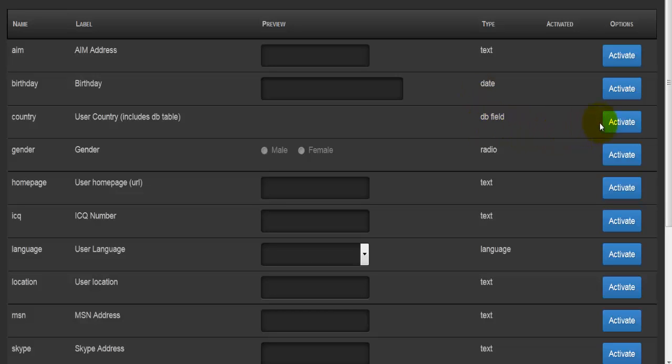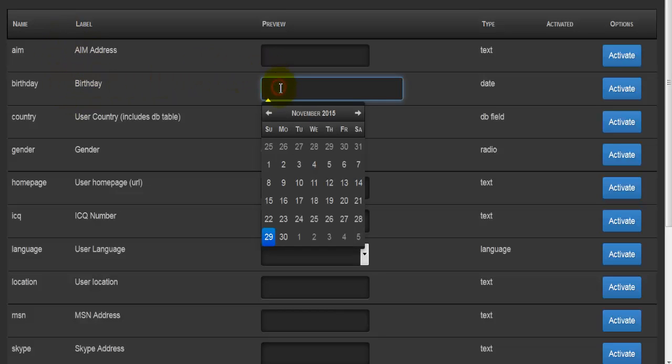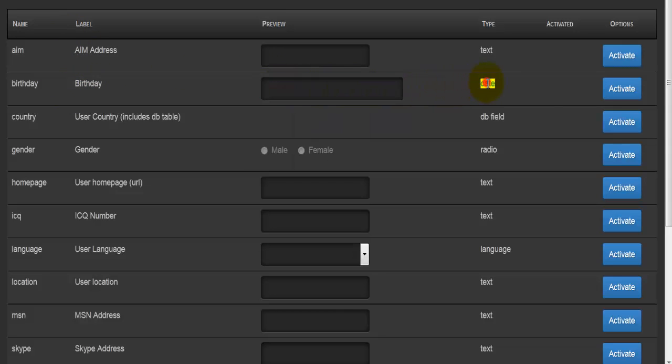field, and if I hit on activate, this will now activate my field called, sorry, this one here, this will actually activate my birthday field, and this is not a database field, it's actually date, so the type is date rather than database field. For the database field we are talking about the country. So once again, if I'm to use the birthday extended user field, the label would be birthday, this is what it would look like, and the type would be date,